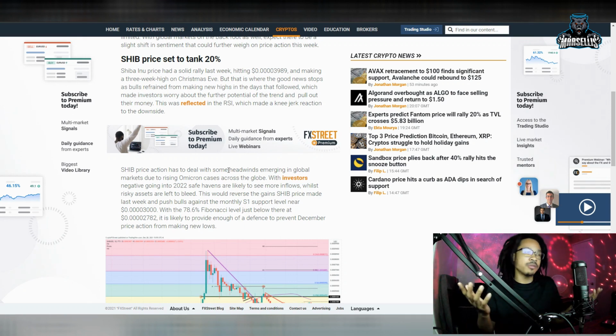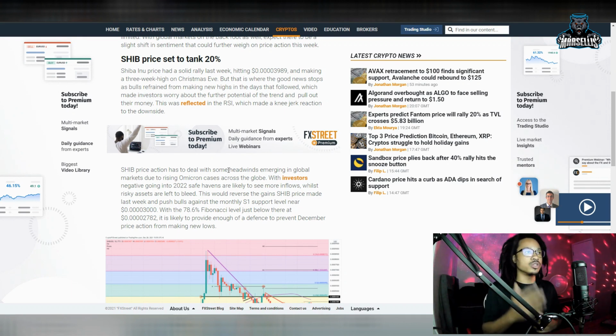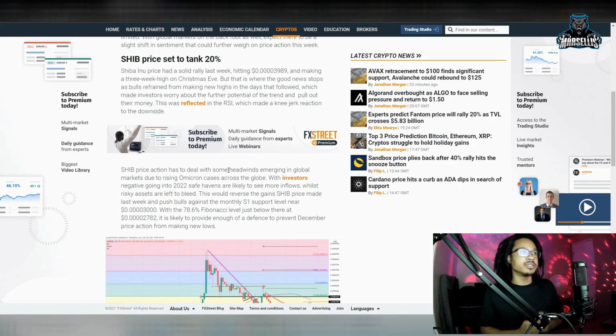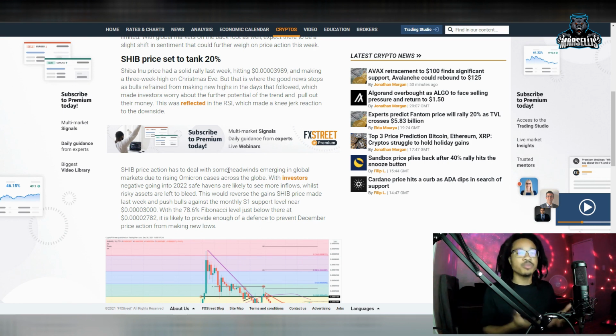So that's pretty much what's making everything go down. With investors negative going into 2022, safe havens are likely to see more inflows, while risky assets are left to bleed. So pretty much real estate is going to be like a safe haven for people, and the good stocks are going to be like a safe haven for people. And then going into 2022, we may see people try to pull out of crypto, but that's where the buying